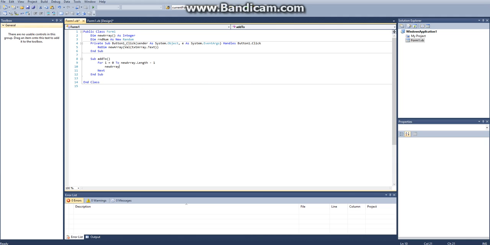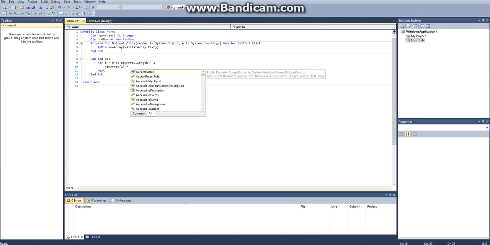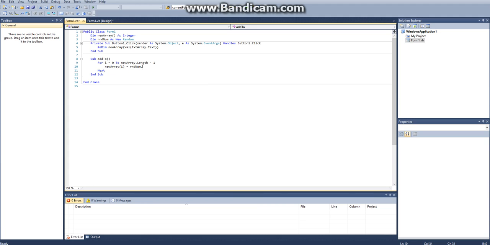And then every time there's a new array added, we want to add something to the array. So we want to say new array I, the specified group of the array, equals rnd num dot next, and we'll just create a random number between 1 and 10. In case you don't know, this is just creating a random number between 1 and 10 here. Outside of the loop here, we want to actually call our array code,